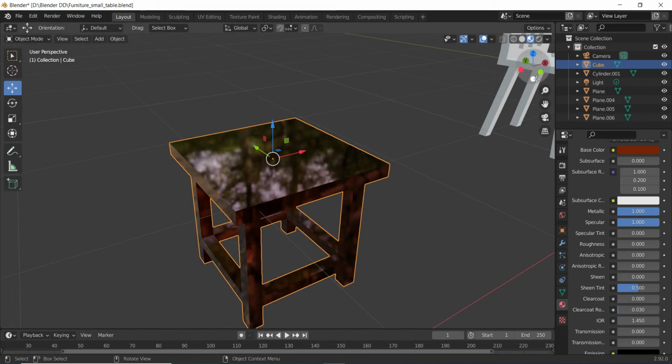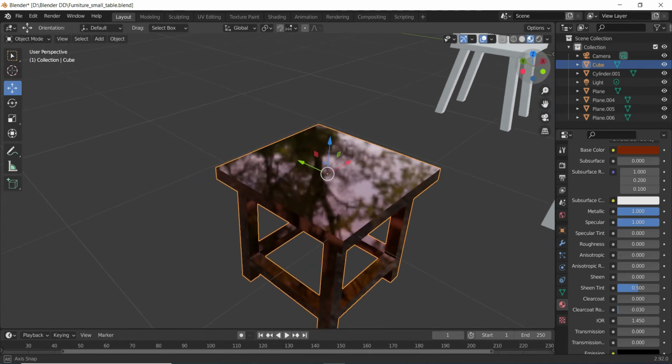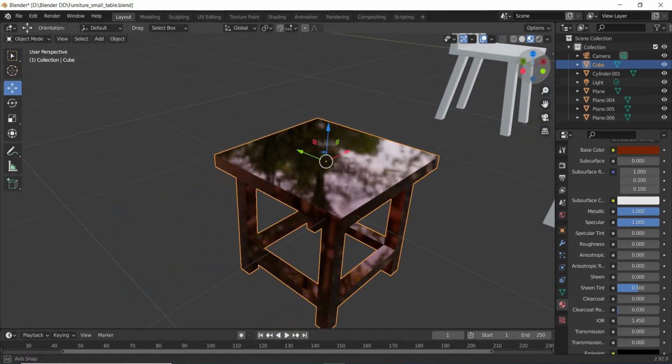Now if you look at this object, it is very much reflective compared to the earlier one when we just put the value of specular. Obviously this is giving it some sort of chrome look. As we see, chrome objects are very highly reflective. So that is happening over here with the control of the metallic value.